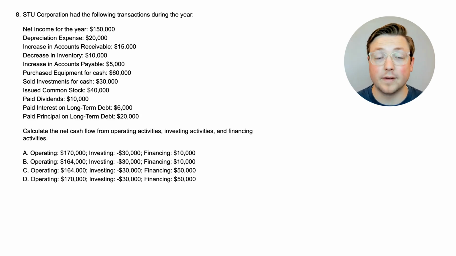So a lot of stuff happened. Now you need to figure out what the cash flow is from operating activities, investing activities, and financing activities. So overall, how does this all affect the cash flow? Hopefully you've learned most of what you need to know from the previous questions. So go ahead and pause the video, see if you can put this all together to get the right answer. And when you're ready, we'll come back and look at it together.